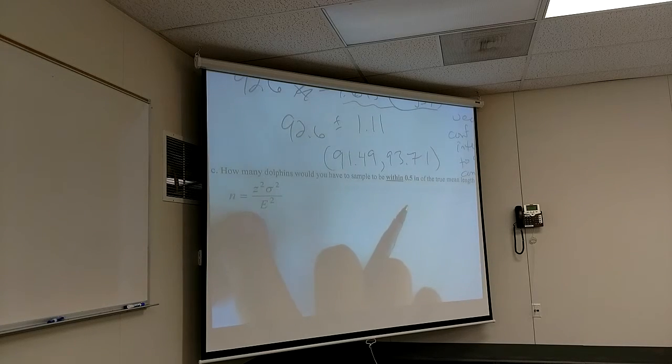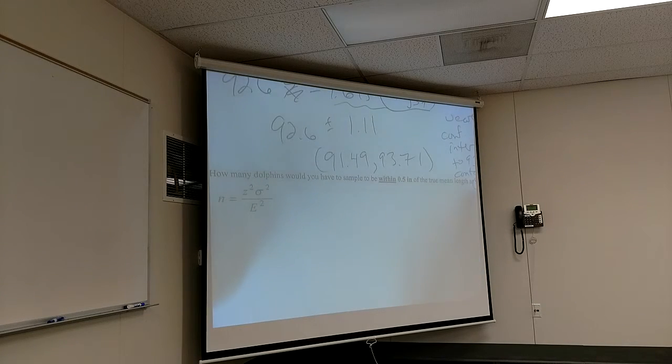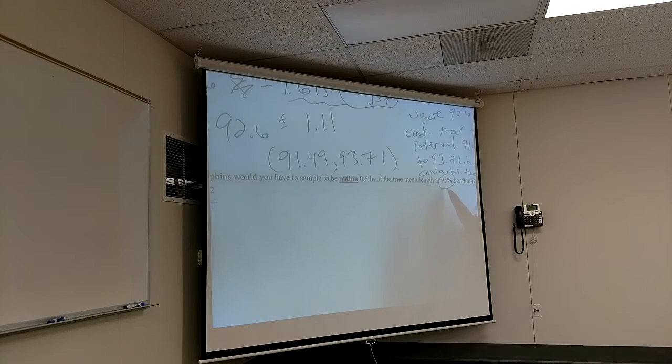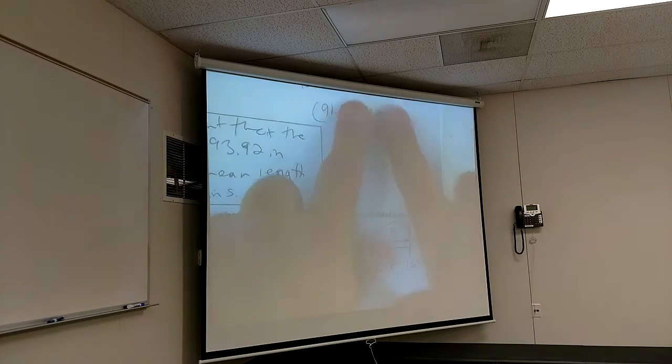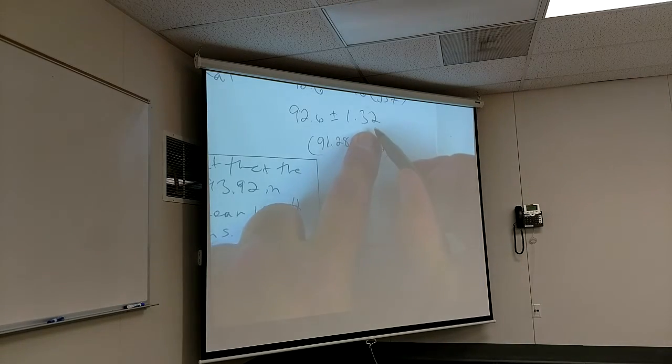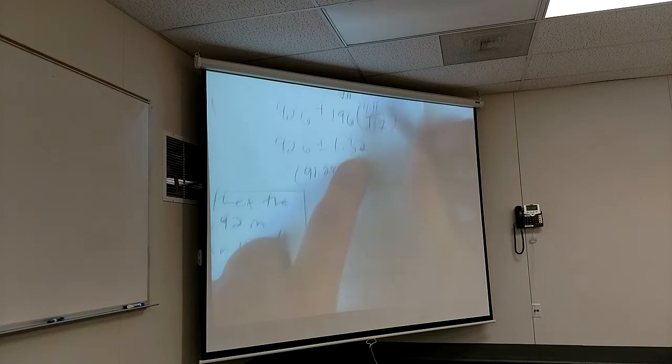Now this one, does everybody realize it references the 95% confidence one? So I'm going to use that z-score. What is an error of 1.32 goes with the sample size